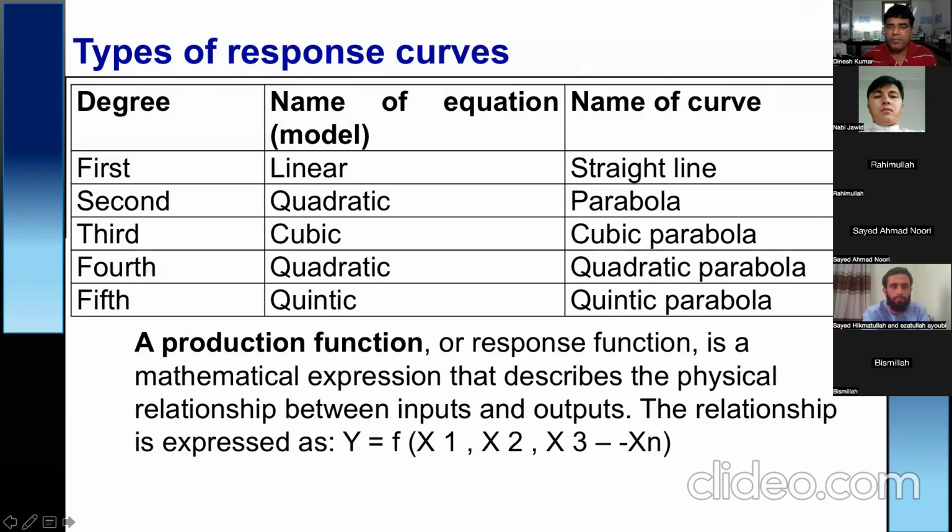In the first column of the table, you can see the name of the degree, then the name of the equation. Equation can also be referred to as model, and then the name of the curve. You already know that if you have one equation,